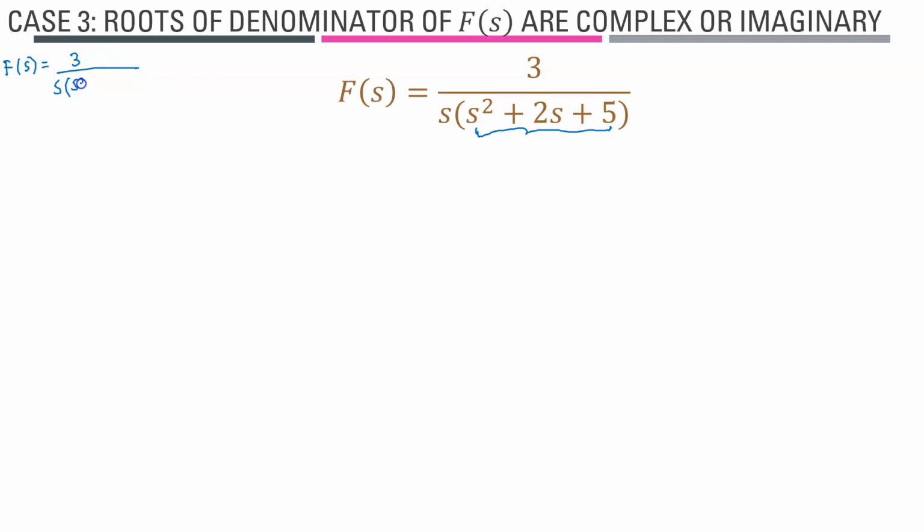3s plus 5. So here you will have K1 over s plus, now for this part, it will be K2 s plus K3 over s squared plus 2s plus 5. So similar to before, what I will do is make the denominator equal. If you make the denominator equal, you will have 3